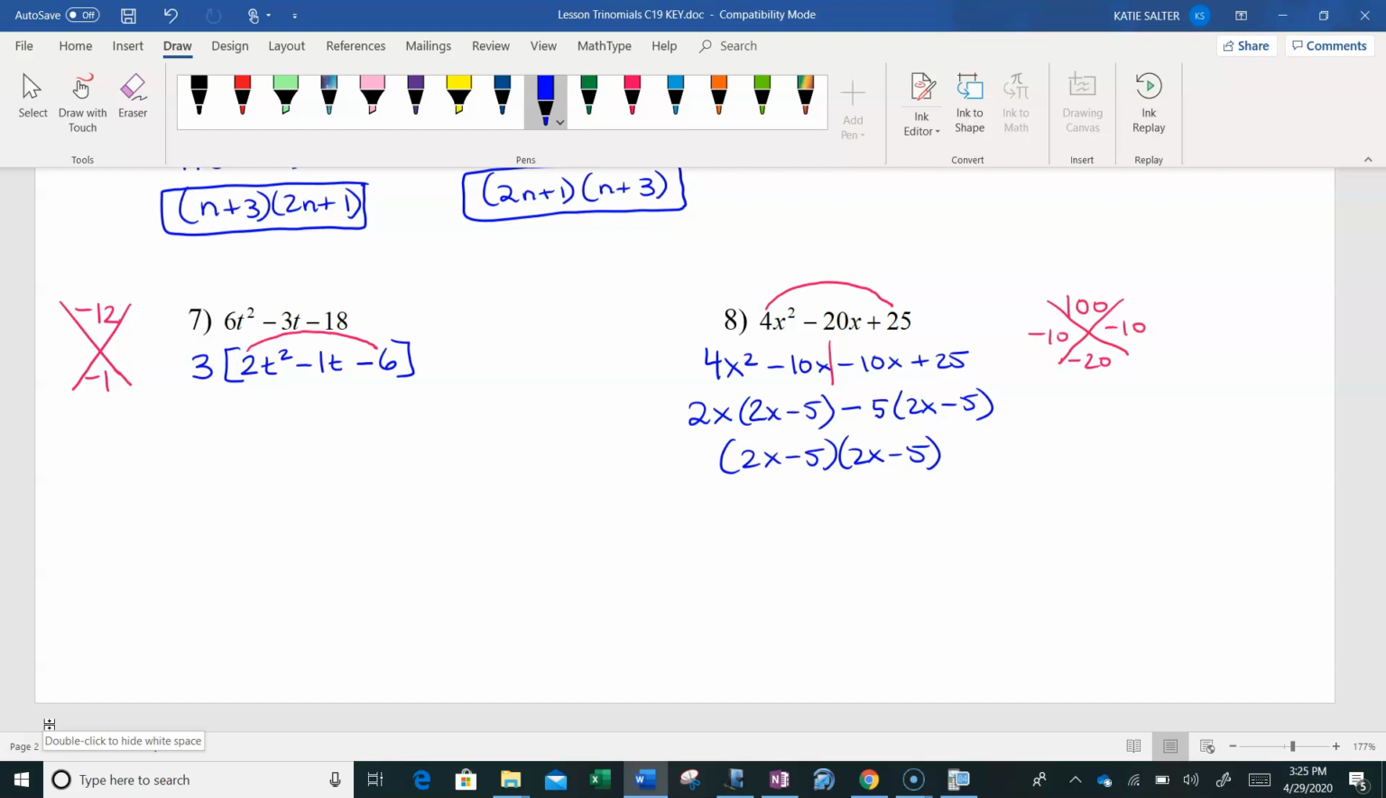And we get in a bad habit of not looking for those greatest common factors because they don't always have one, but that's always got to be the first step. Once we factor out that 3, we're left with 2t squared minus 1t minus 6. 2 times negative 6 is negative 12, and we want to find the two numbers that multiply to negative 12 but add to this negative 1 here